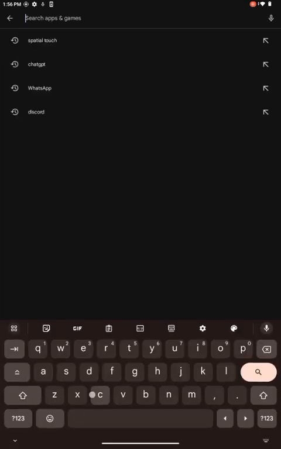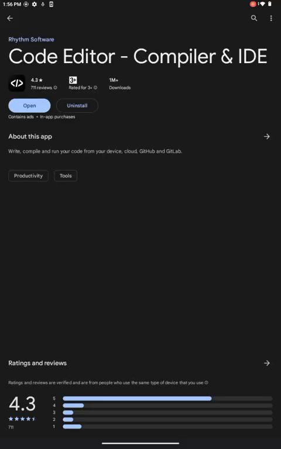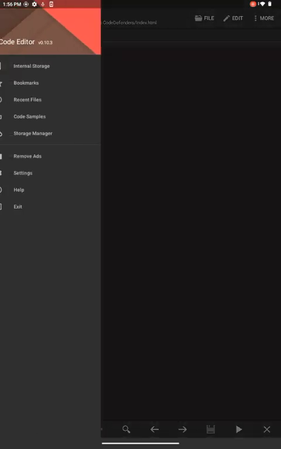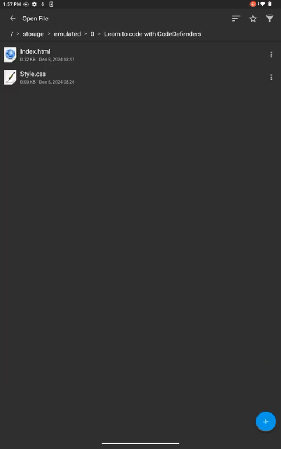Just type code editor, and then look for this one and then click it. See, this is it. And now you make a new file. So I made a new file with this button, create folder. When I created the folder, I entered and pressed create file, and I used it to create these